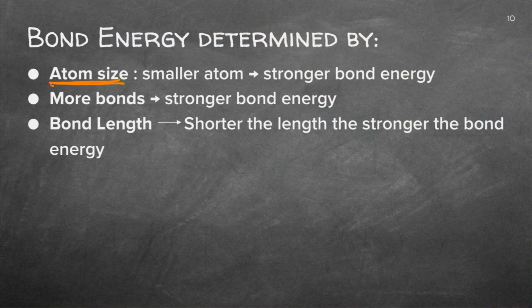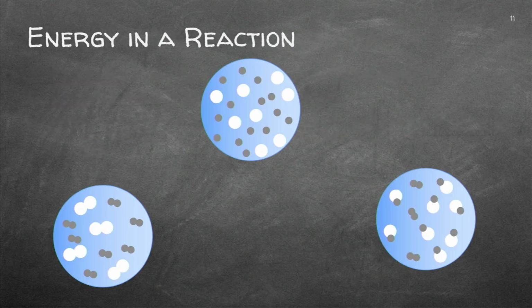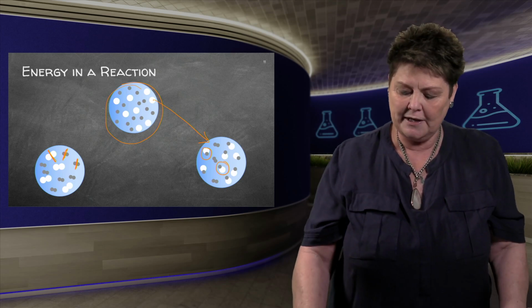Right, let's have a look what will determine this. Again, the atom size, more bonds, and now the bond length will be, if it's a short bond length, it will be more energy needed to break or overcome that bond. So you need to know the nearer they are to each other, the more energy I'll need to break the bond. Remember, in the gaseous state, I need to break bonds. You know that. I've got my activated complex at the top, and then it'll give off energy again when they move to find a new bond length. So make sure that you understand what's happening on the graph.